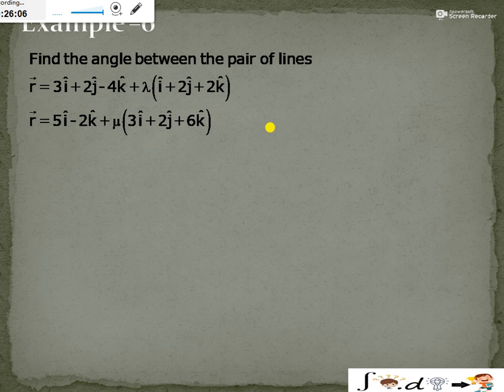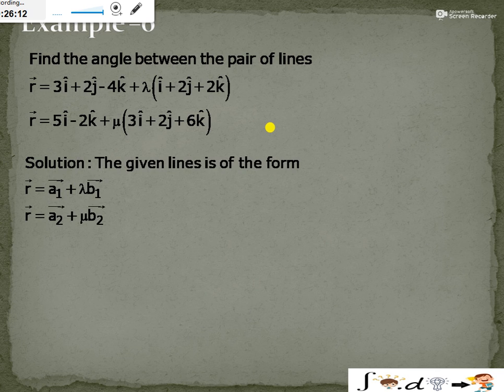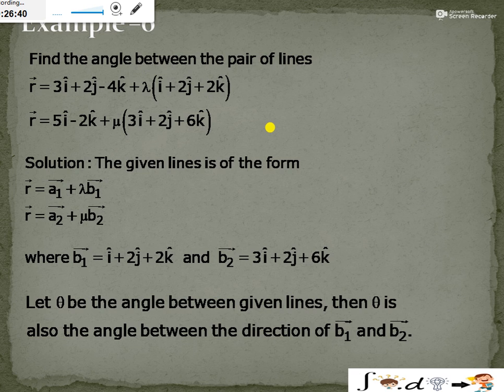एंड नाउ सी द एग्जांपल, फाइंड द एंगल बिटवीन द पेयर ऑफ लाइंस। हियर a1 vector is 3i plus 2j minus 4k and b1 vector is i plus 2j plus 2k। यानी कि इसको हम कंपेयर कर रहे हैं, वेक्टर r इज इक्वल टू a1 वेक्टर प्लस लेमडा टाइम्स b1 वेक्टर एंड वेक्टर r इज इक्वल टू a2 वेक्टर प्लस म्यू टाइम्स b2 वेक्टर। इट मीन्स b1 vector is i plus 2j plus 2k and b2 vector is 3i plus 2j plus 6k।